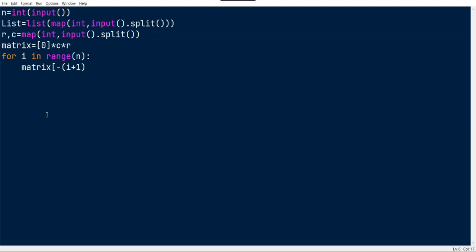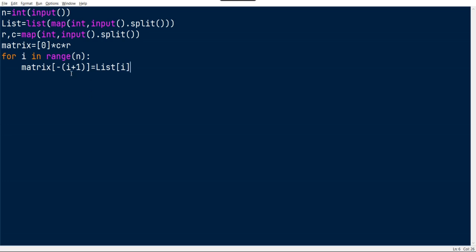So we can use this negative index to fill all those values from left to right, sorry, right to left. And we are assigning the values from the list right to left. So this will contain an integer, so it won't show any error.